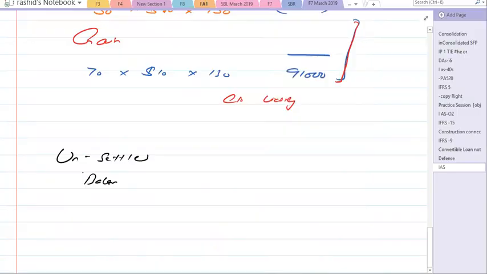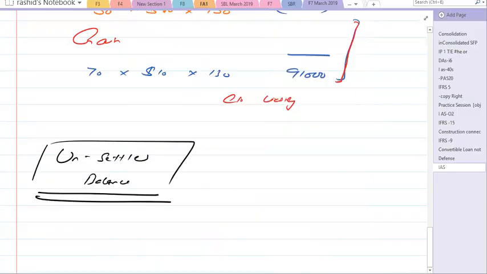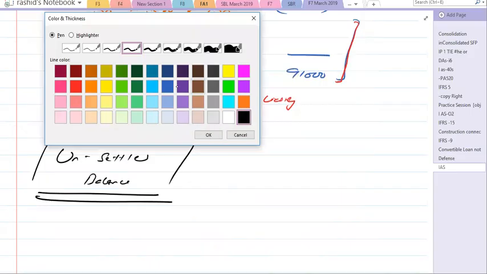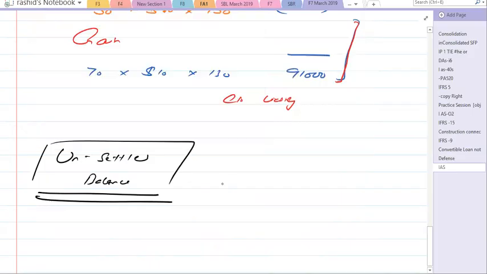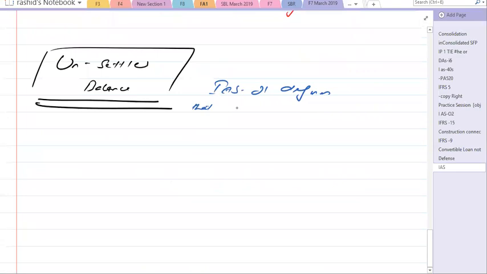The balances which remain unsettled at the year end. So IAS 21 again defines that monetary items